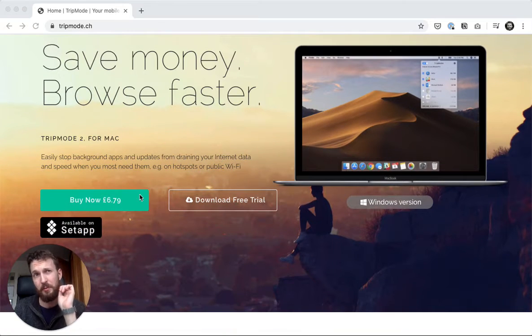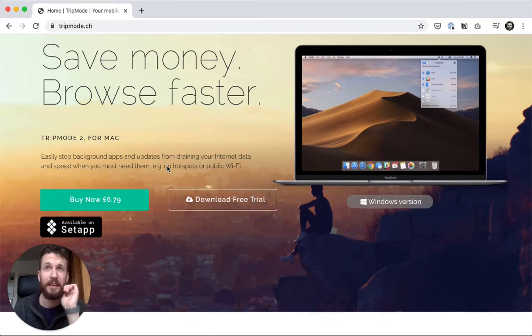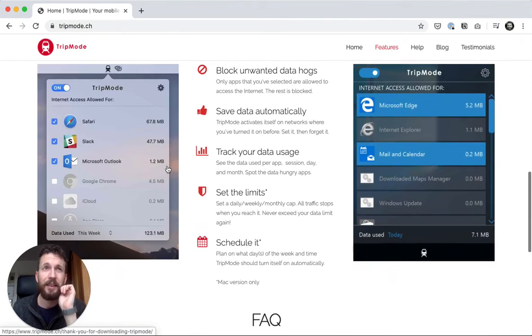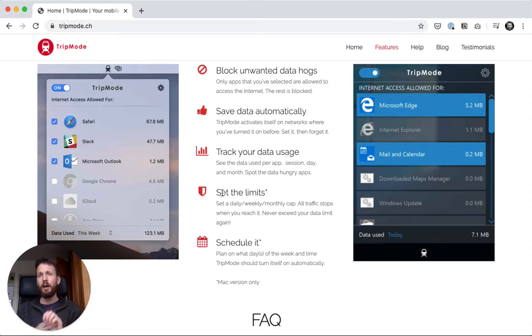It costs £7, which is not too bad really. And essentially, it just gives you this menu where you can choose to turn internet traffic on or off for certain things. So I have a preset setting in here where I can turn it off for all of my syncing stuff, like Dropbox and Google Drive and a few other apps that I know sync data up and down. And when I'm out or when the internet's getting a bit shaky, I can just switch to that profile,